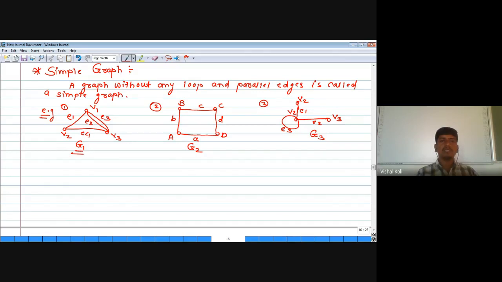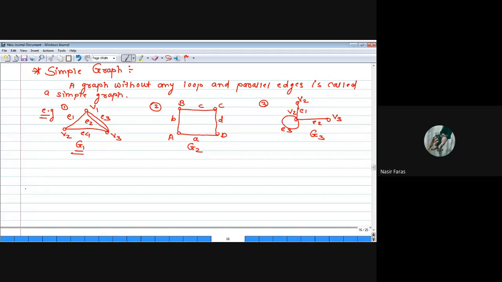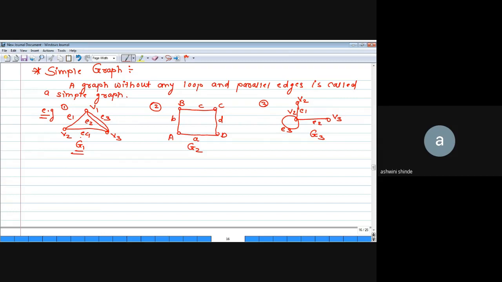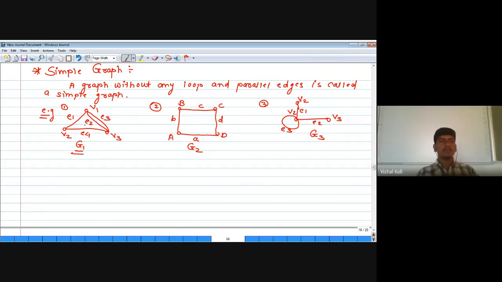Whether graph G1 is a simple graph. Can you hear me? No. Yes, sir. G2 is a simple graph, sir. No, sir. Let's look at G2 again. What about G1? Whether graph G1 will be a simple graph? No, sir. Why? Because, sir, there are parallel edges in G1. Which are those? V1, V3 is parallel. V1, E1, E3 or